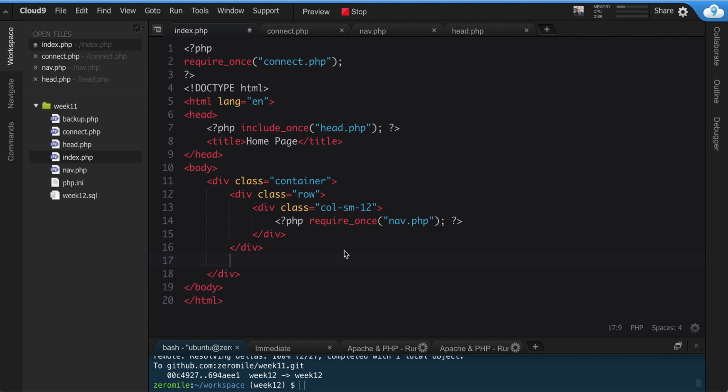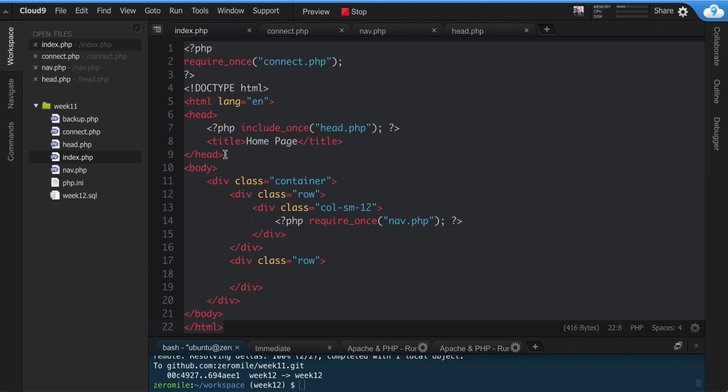So in our index page, let's go ahead and create the row. Div.row, hit the tab key, and then we'll leave this open right here. And so now what we can do is select everything and copy it,